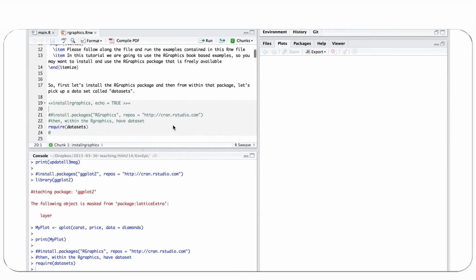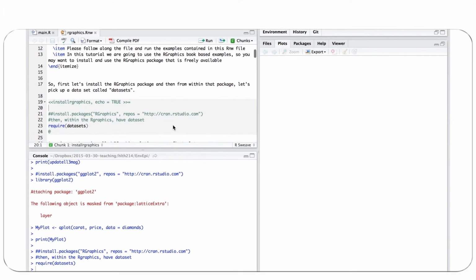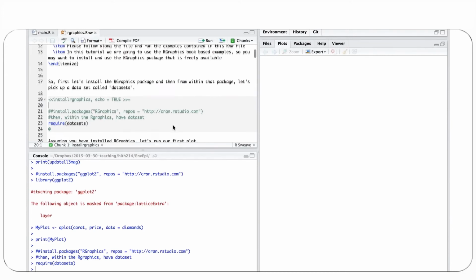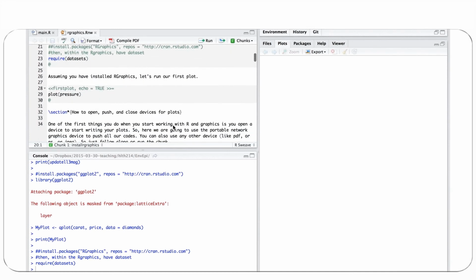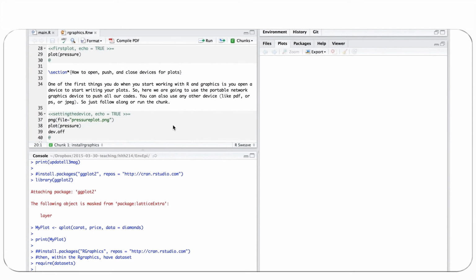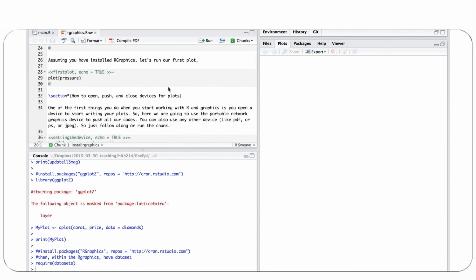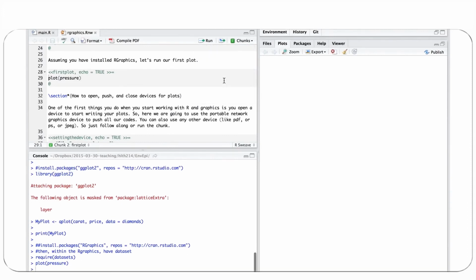What I've done is I have installed the datasets from the R graphics package. It's already in there, so we don't really need to do anything more than that. And then in the next one, I'm going to just plot a particular dataset. It's called the pressure dataset, and it's got a couple of variables. So I'm going to run this particular chunk and see what R does for you. Okay. So I go to the chunks and then I click on the run current chunk,